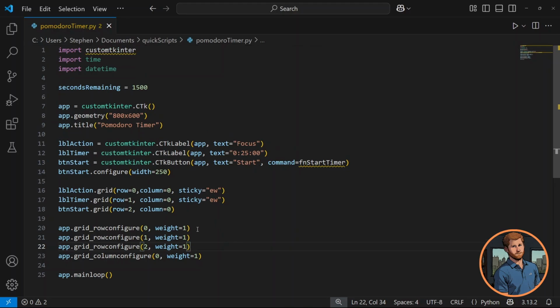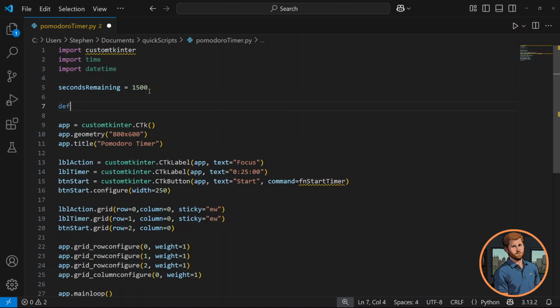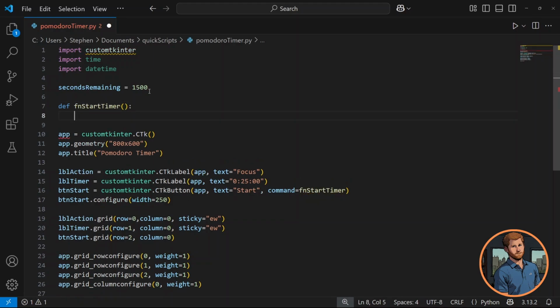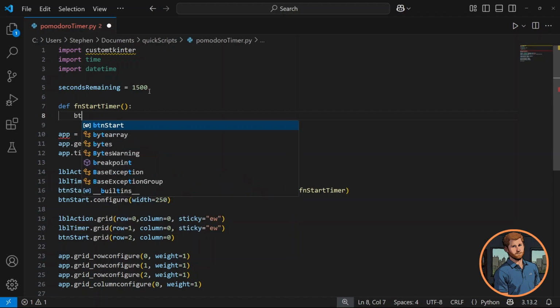So at the moment, it'll load, it'll show us everything we want, but it won't do anything yet. I kind of want it to do something. How are we going to lock in if we don't make it do something? So we're going to need to write out that function. So we'll define fn start_timer. And start_timer is going to disable our button. So btn_start